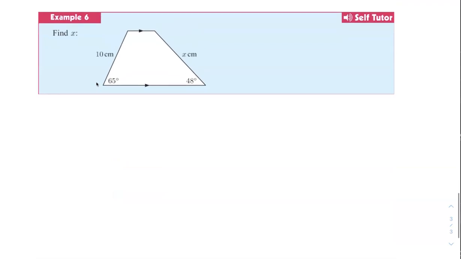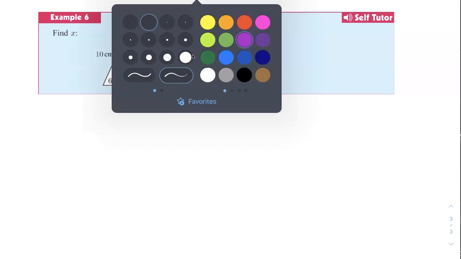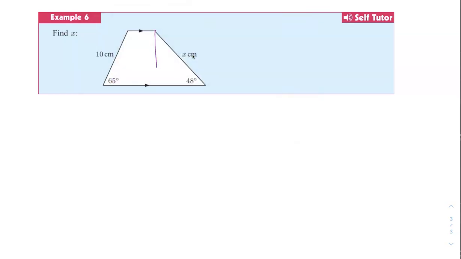Next one. We have a trapezoid, and I want to find x there. So in this case, I probably need to find this guy. That's my right angle. But I don't know what the bottom is, and I don't know what the height is. But if I go over to this side and do the exact same thing,